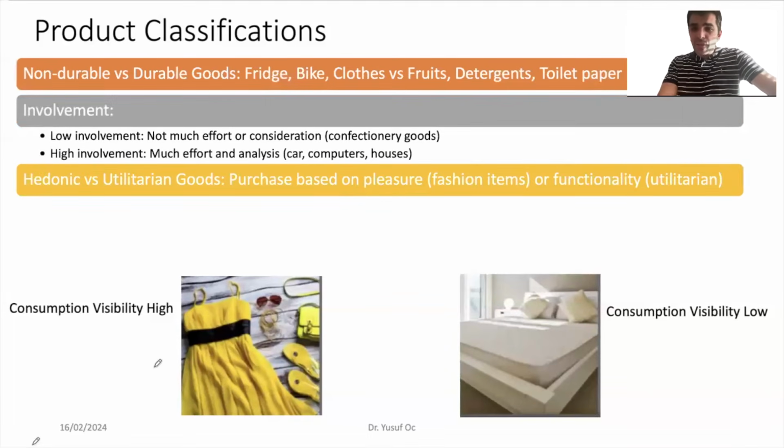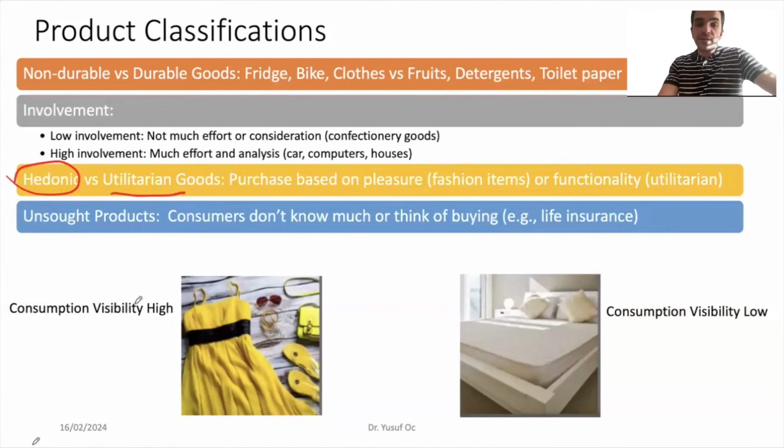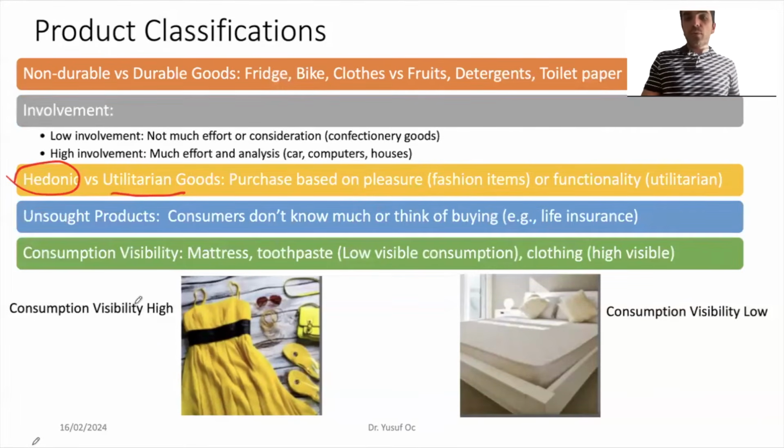Sometimes you buy something because you really love it, for hedonic purposes. You enjoy buying, wearing, or using those things. Or other times you buy something because you need it, right? So you get utilitarian benefits from the product itself. And sometimes you don't even look for a product, like life insurance, and you don't know a lot about it, but when they call you and say that you need this because of this and that, you buy those products, right? So you are not actually looking for insurance most of the time.